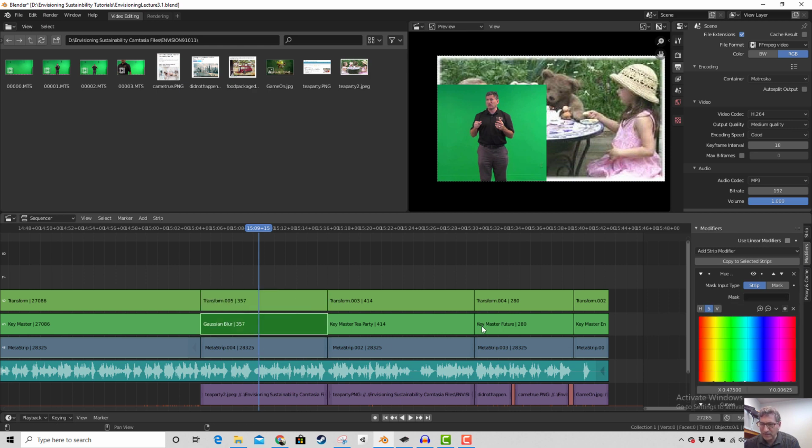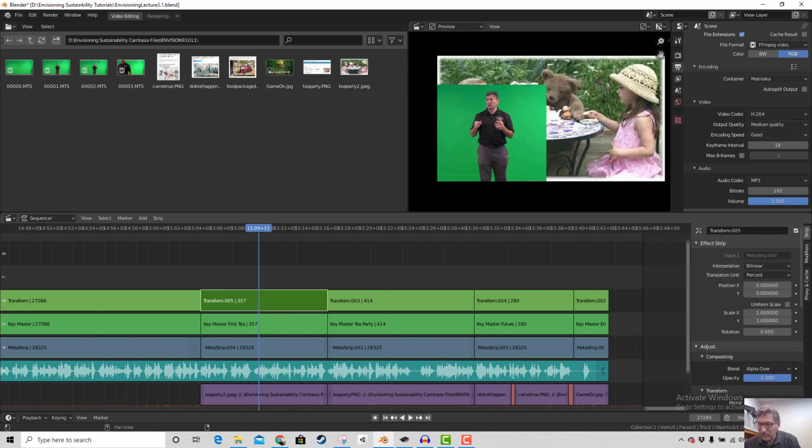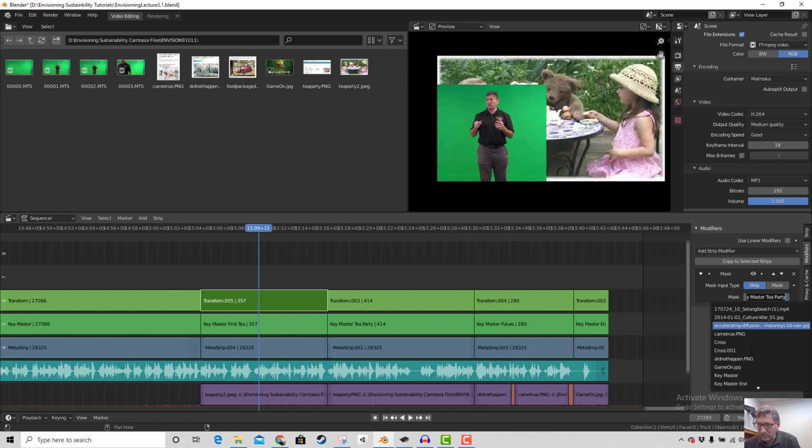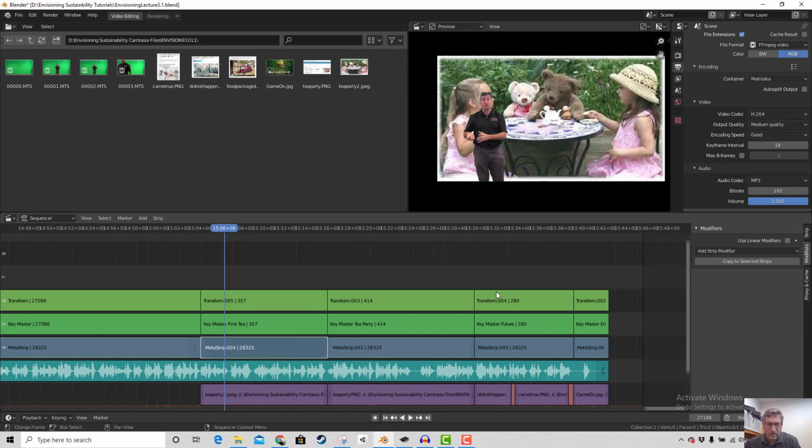rename. Otherwise, they all say Gaussian blur. So this is going to be called Key Master First T. Just give it a name. And then take this and tell it that the modifier is going to be now first T. There we go. And I want to move this character, so I go to the meta strip, go to the